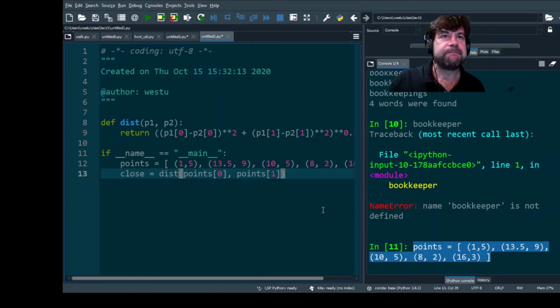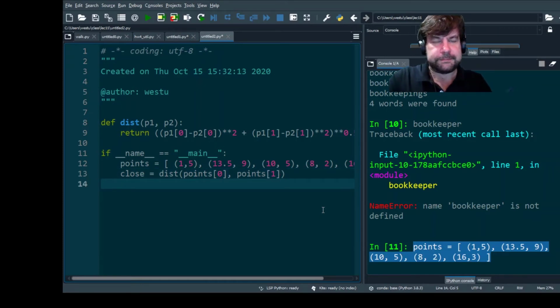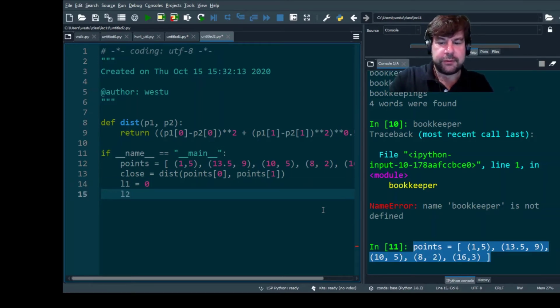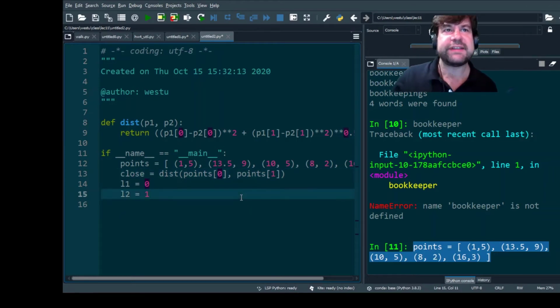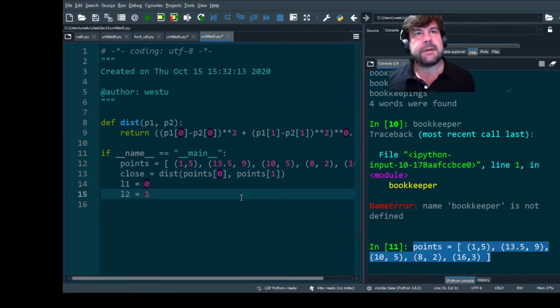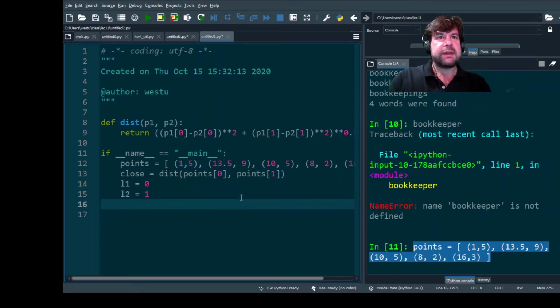And we can say L1 equals 0, L2 equals 1, and this says that this is the distance between point 0 and point 1. So we've kind of seeded our closest points formula, and now we can say for